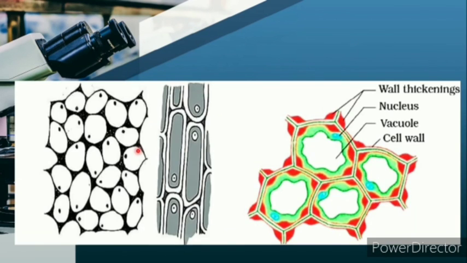Now coming to the next one, just observe this particular diagram, students. So here you can see there is a cell wall. Nucleus is present. The blue color spherical structure is the